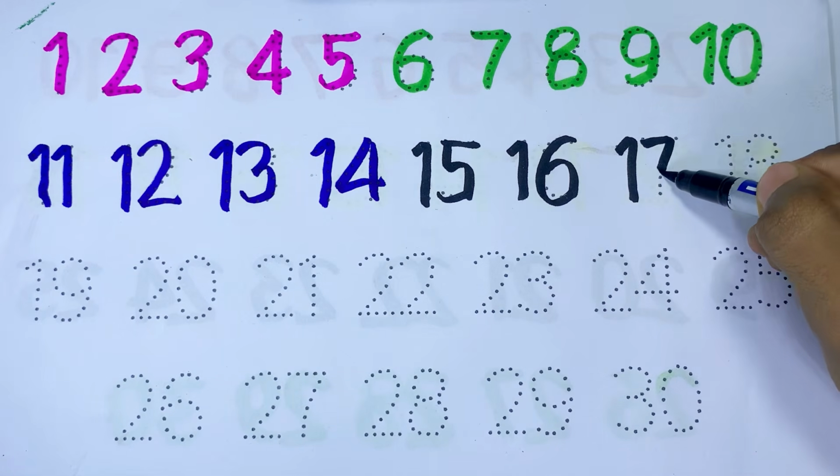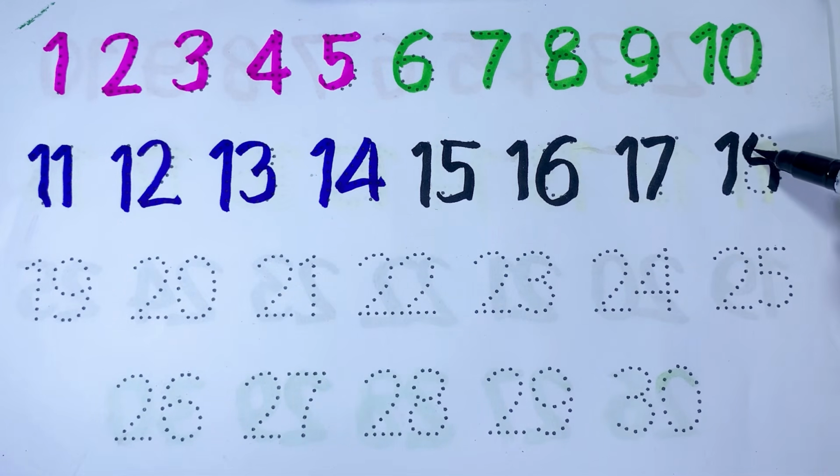16, 17, 18. Kids, now you draw 19. The numbers of 19,